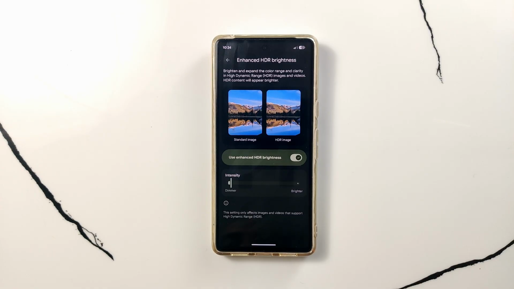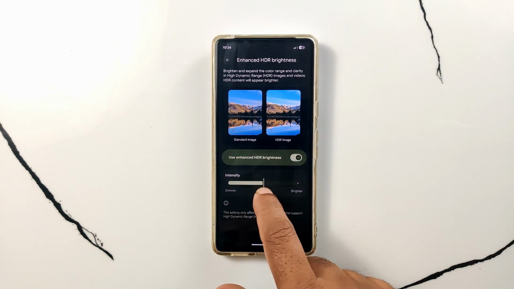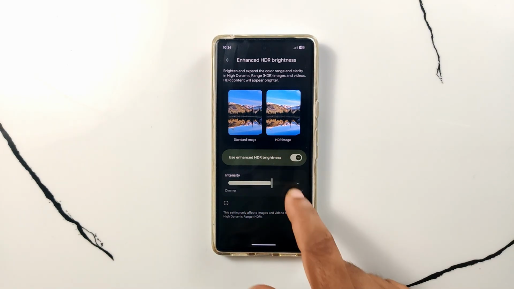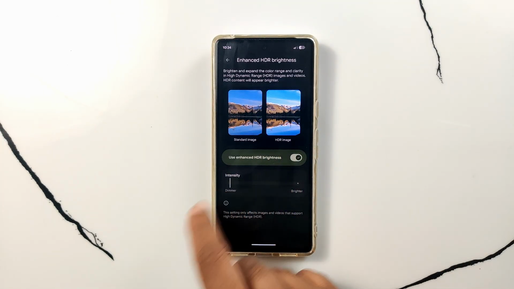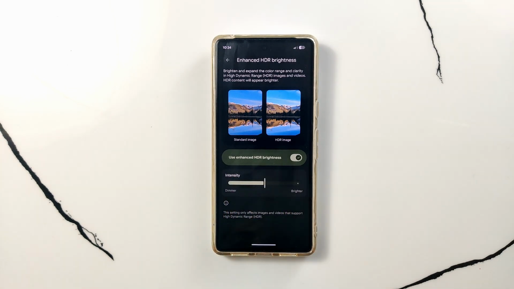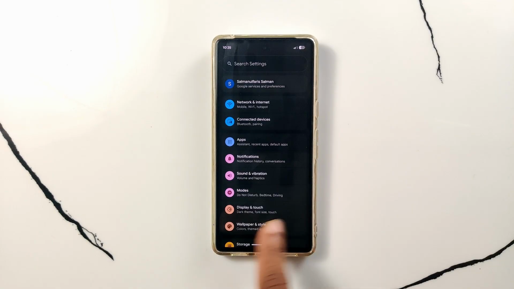Then you can see the slider, intensity. You can simply just drag and adjust like this. Okay, then you can see the difference here. The right side image has been changed like it is increasing and decreasing, so set whatever you want. That's it, guys. So in this way you can easily control HDR brightness on HDR content like Netflix, YouTube and any